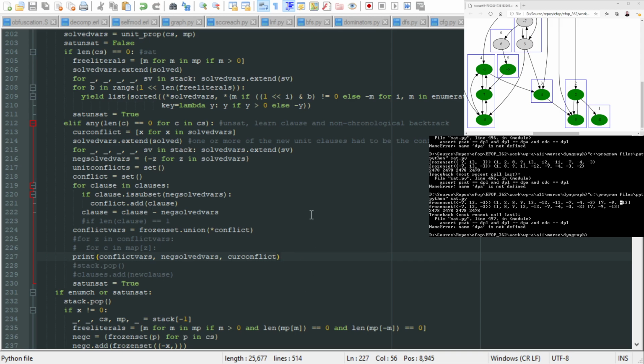What we can do is figure out that these unit literals have caused conflicts in these variables. We've made it 7, but we've ended up forcing 7, but